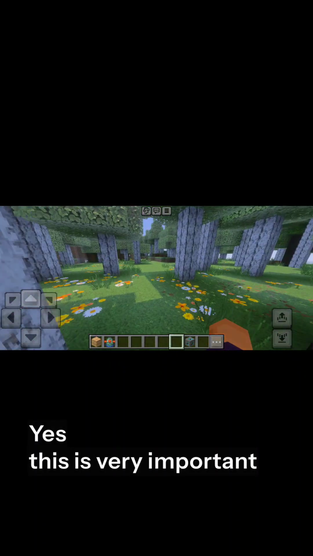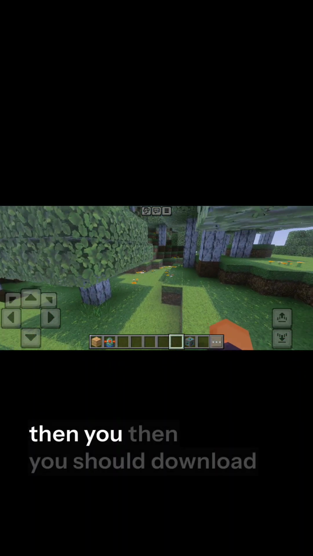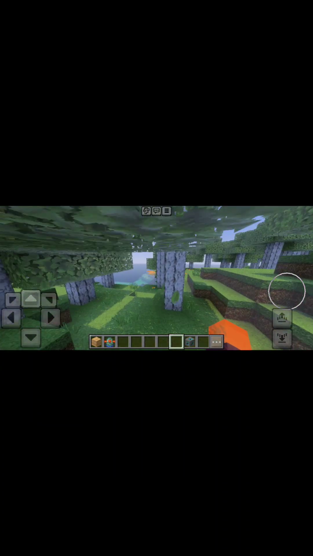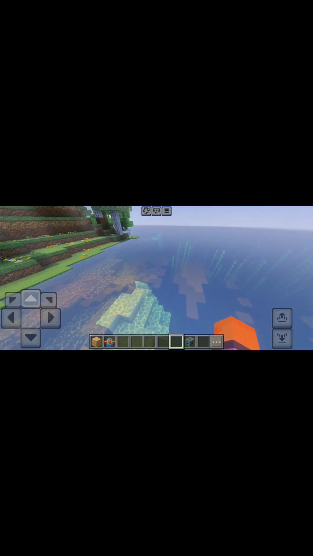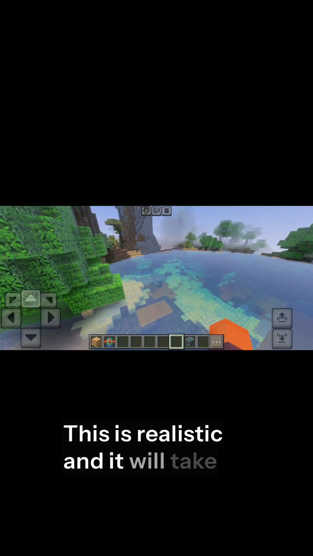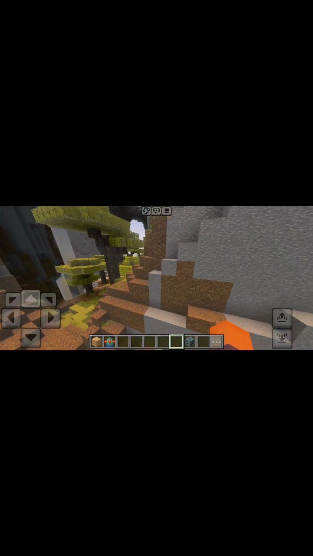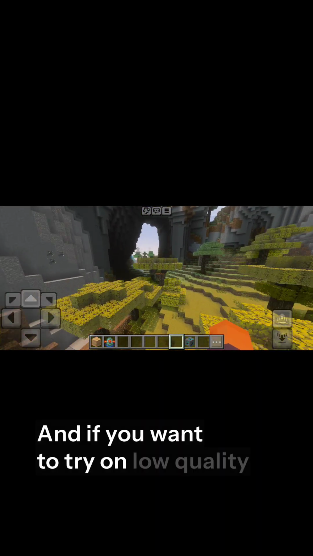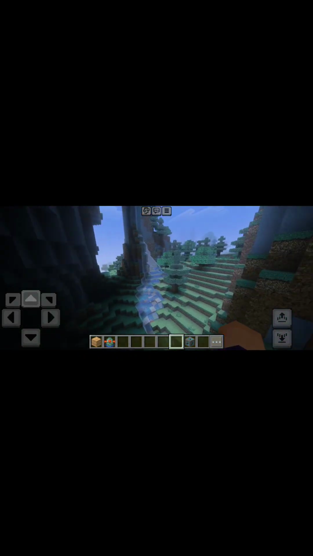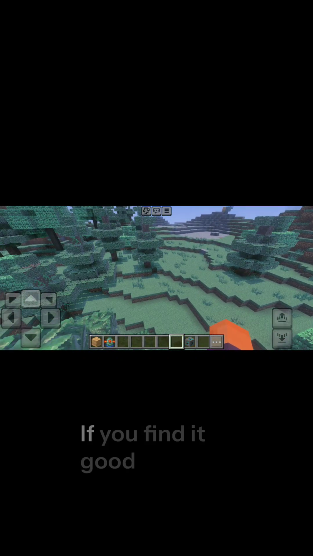And yes, I'm gonna recommend you this texture pack if you have a good quality phone. Yes, this is very important. If you have a good quality phone, then you should download this pack. Otherwise, no, because this is realistic and it will take some time to load it. And if you want to try on a low quality phone, then try it. And if you find it good,